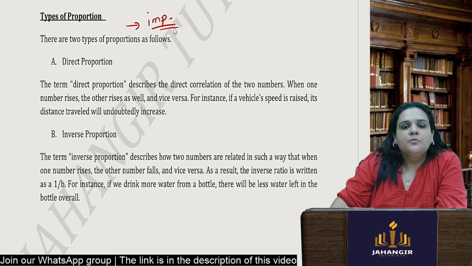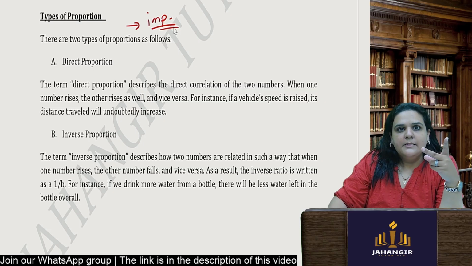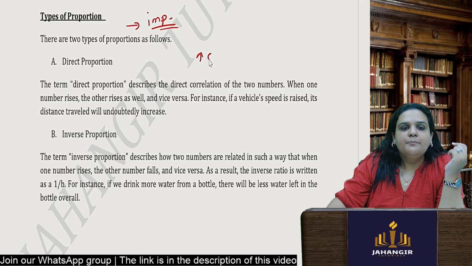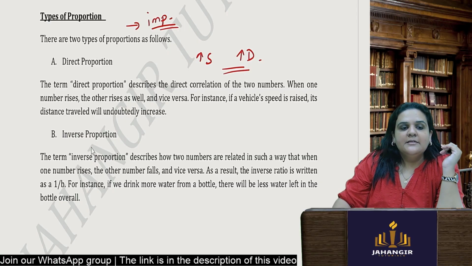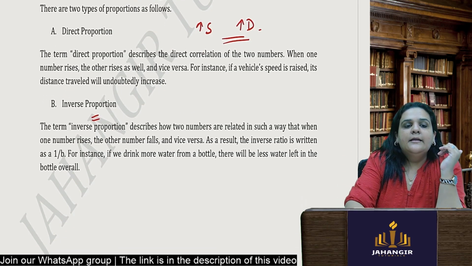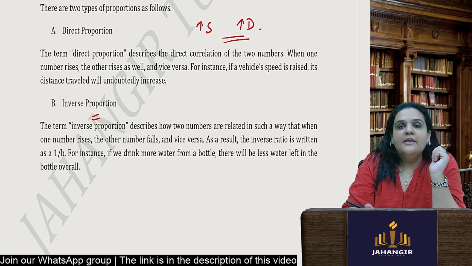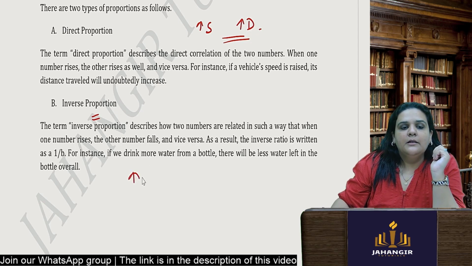Direct proportion means that there are 2 variables directly related to each other. So if I increase the speed, the distance I will travel will also increase. Directly related. And inversely related means that if you increase one, the other is about to decrease. If we drink more water from the bottle, as shown here, the amount of water left in the bottle will keep on decreasing,